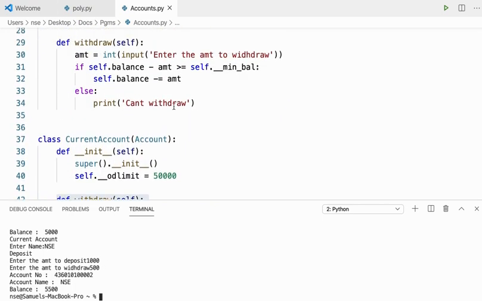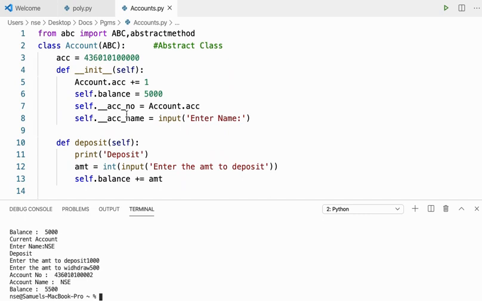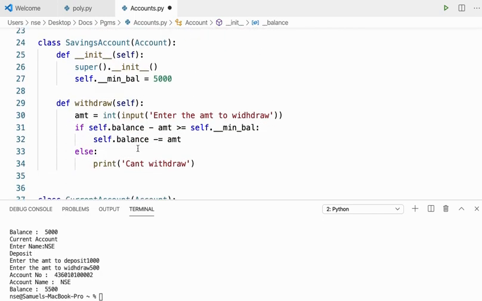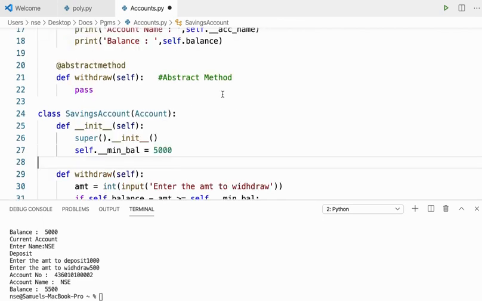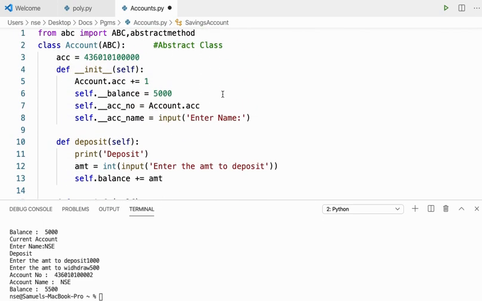Now here you can see your balance is a public member, right? It is not a private variable. If at all I want to make it as private, what will happen? If I make this variable as private, unfortunately these variables cannot be used here because that's a private variable, right? Private variable cannot be used anywhere, not even in the inherited class. Then how will I tackle this, right? I want to tackle this problem.